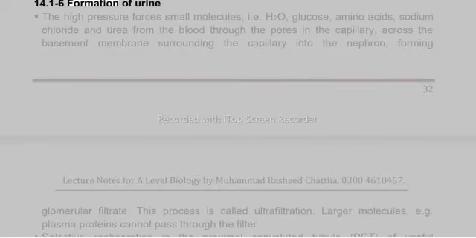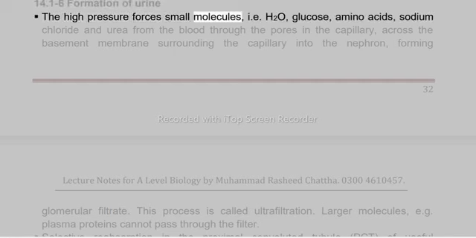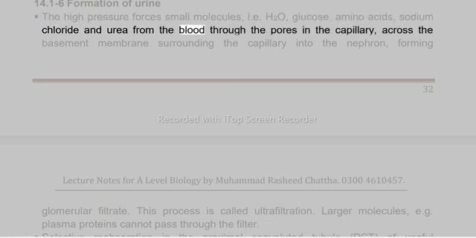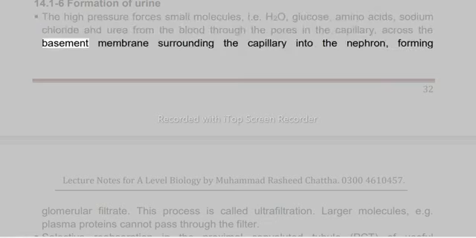14.1 to 6 Formation of urine. The high pressure forces small molecules, i.e. H2O, glucose, amino acids, sodium chloride and urea, from the blood through the pores in the capillary, across the basement membrane surrounding the capillary into the nephron, forming